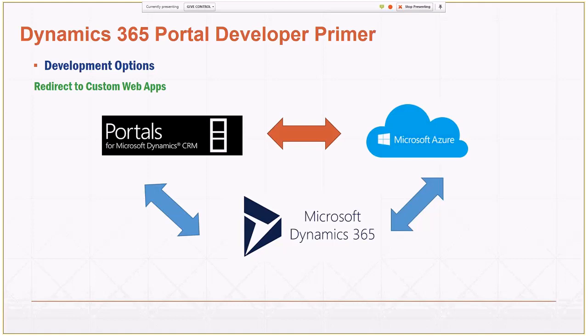So, for instance, I have a question from Rod. His question is, with the portal custom JavaScript, do you have access to the XRM page object model or just to the DOM items? So I guess my answer is you don't necessarily have access to the XRM page object model, but if you create, for instance, an entity form where you're displaying information from Dynamics CRM, let's just take, for example, a phone number.